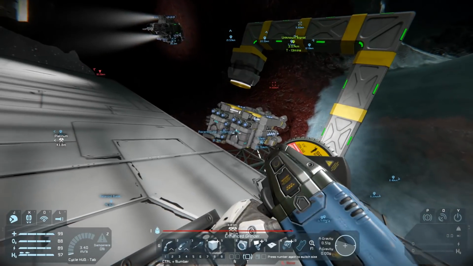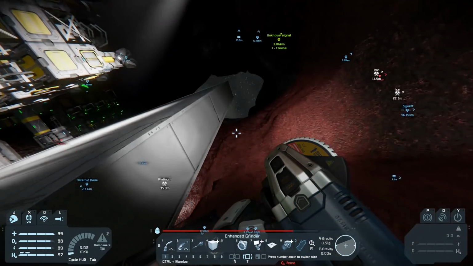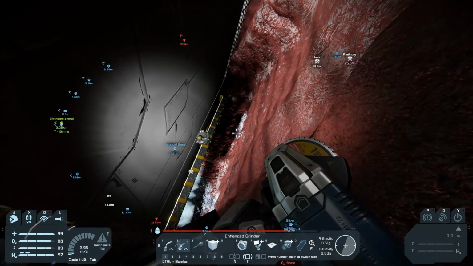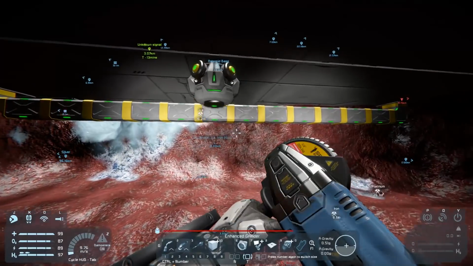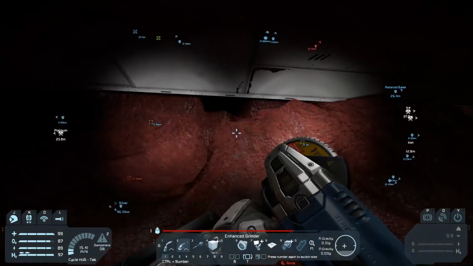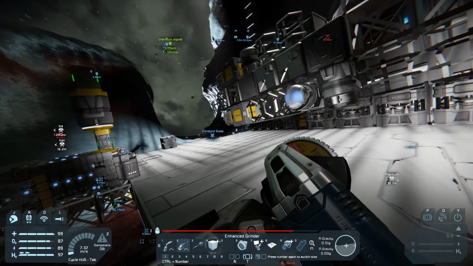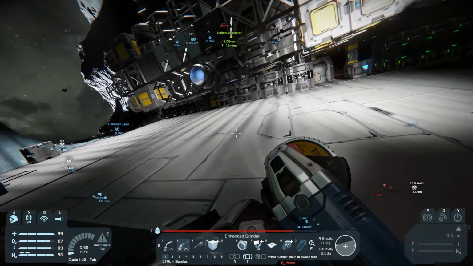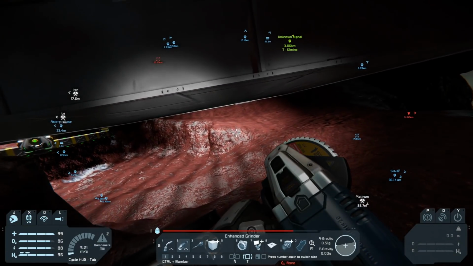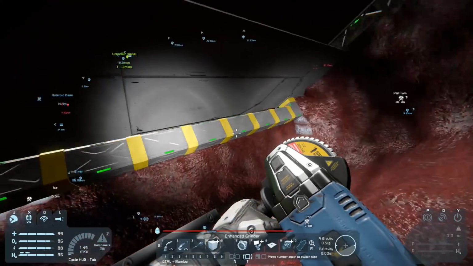That does mean we are going to need some way of connecting this into the rest of the base. So there is our cargo line. And unfortunately, we're facing the wrong way around for it. It's right at the front, so we'll have to turn around and back this all around all over the place. We may well just be better putting in multiple of them. So we've got to be careful about this though,